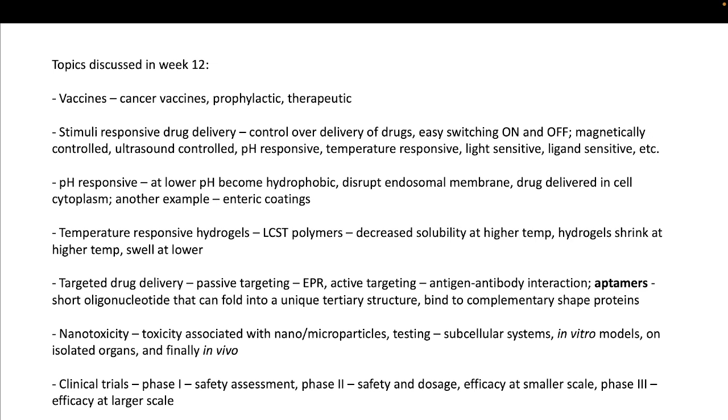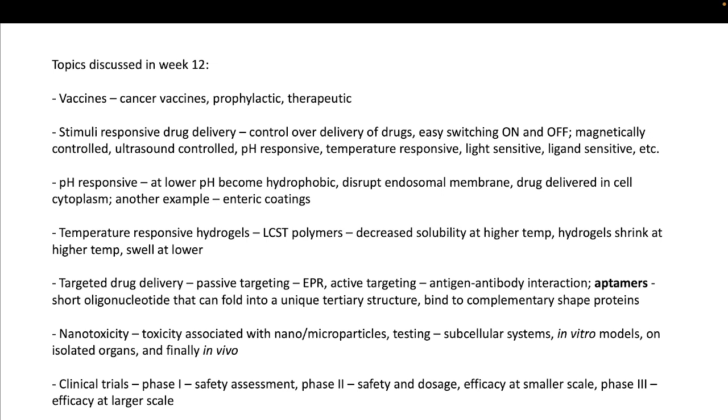And then moving ahead, in the last few lectures in this week, nanotoxicity was also discussed. So we have been looking at making nanoparticles, microparticles using different polymers to deliver drugs for over 12 weeks now. Since these are foreign materials which we will be injecting into a human body, there are a lot of concerns associated with this. So first of all, there is toxicity associated with these nano and microparticles owing to their